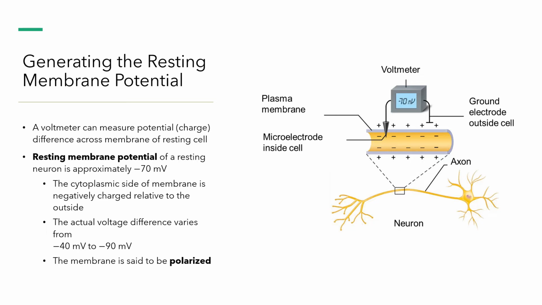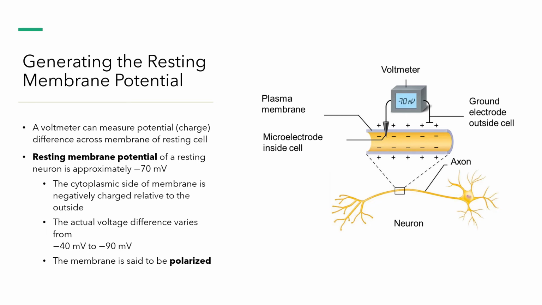And so the inside is more negative than the outside. So we say the cytoplasmic side of the membrane, so that's the inside of the cell, is negatively charged relative to the outside. Now, the voltage is not exactly negative 70 at all times. It can vary from negative 40 to negative 90, but regardless of that, the main thing to understand